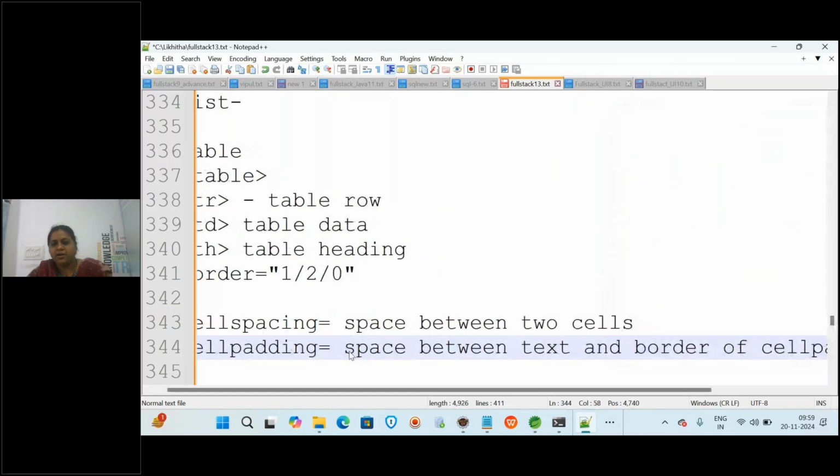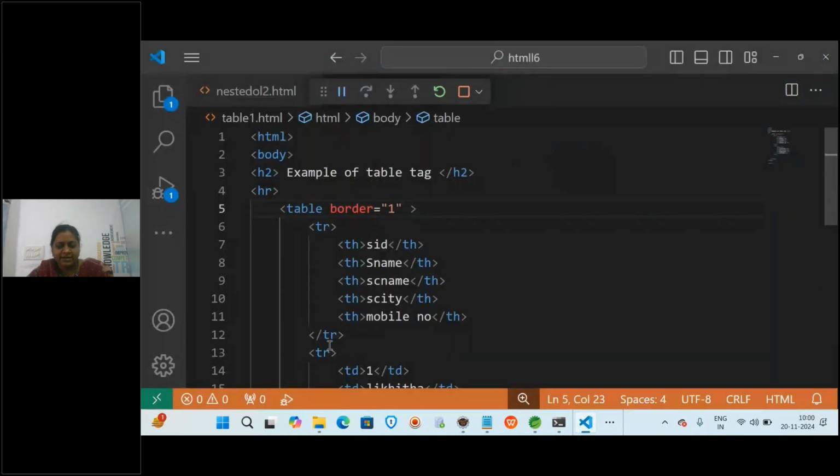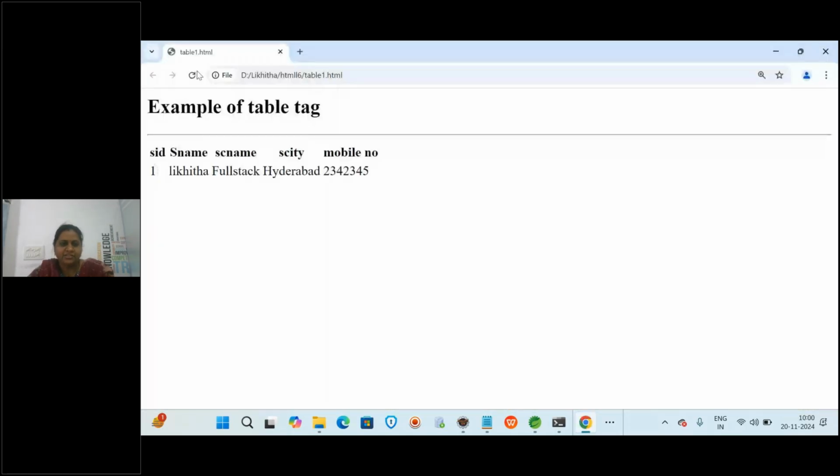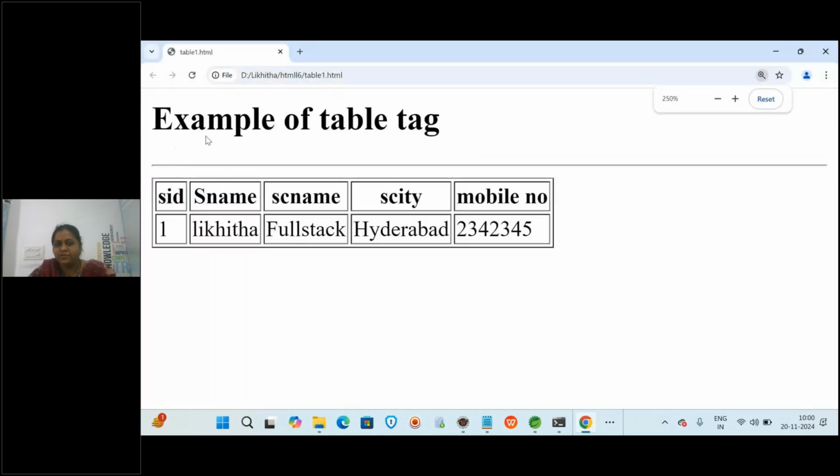So that means, if you see the output here, suppose I am giving border 1, let us save this and refresh it. There you can see individual boxes now. Can you see? So cell spacing means the space between these two cells. SID and SNAME are in separate boxes, right? So that is the space between two cells.